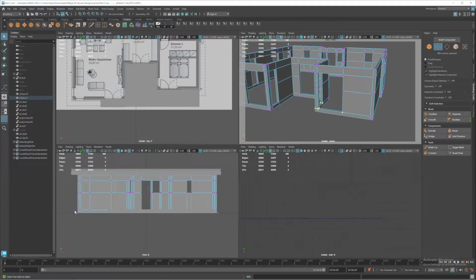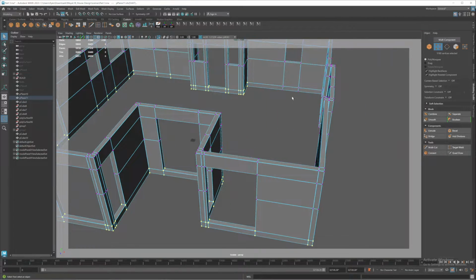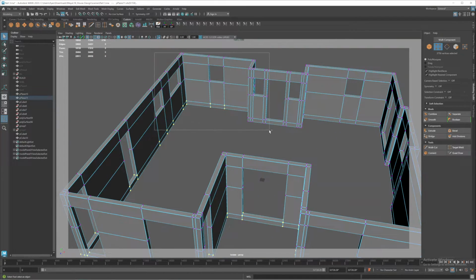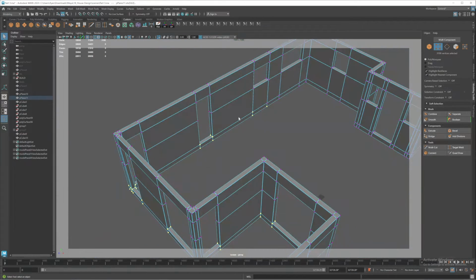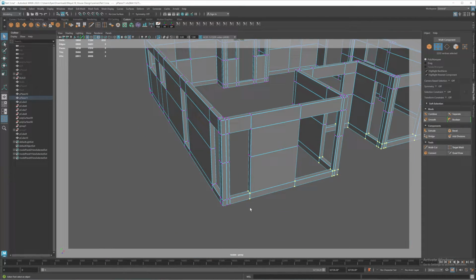Actually, what I can do is select this one right here, and we deselect this one right here. All these ones we deselect them. We don't need to add these ones, deselect it,